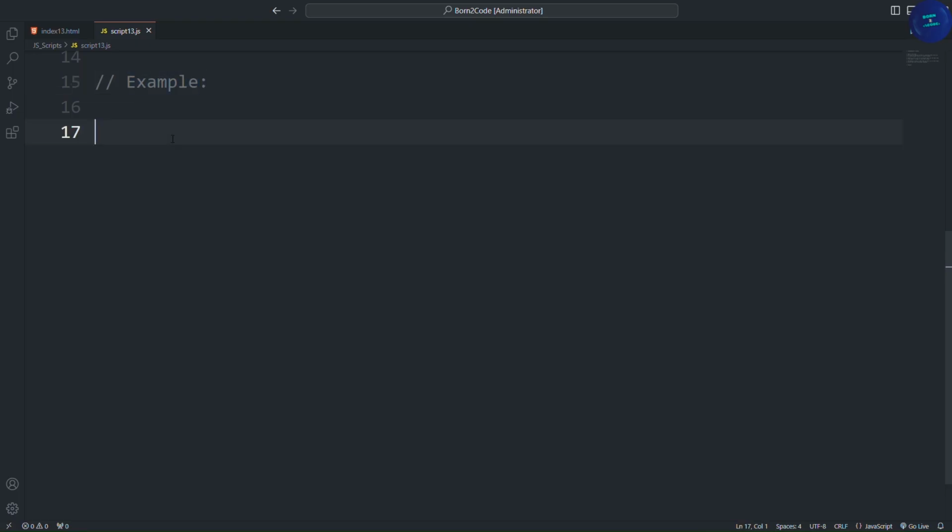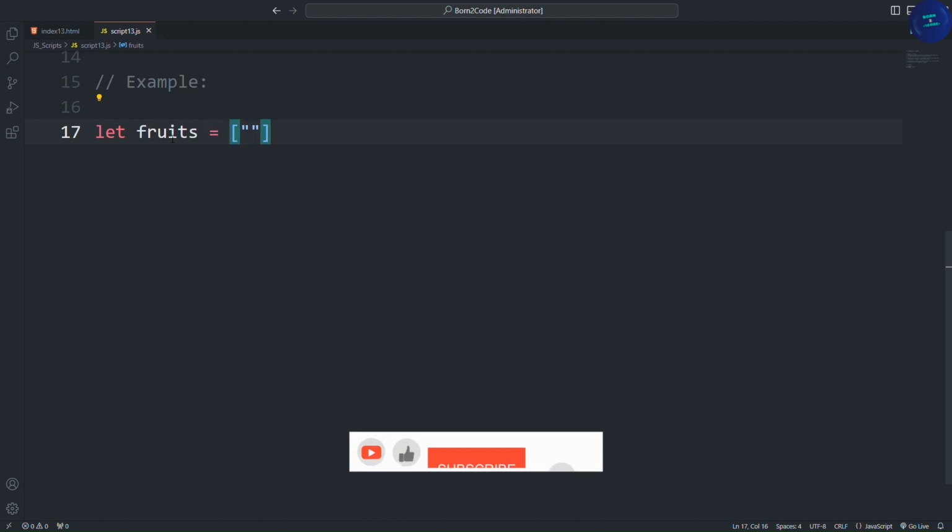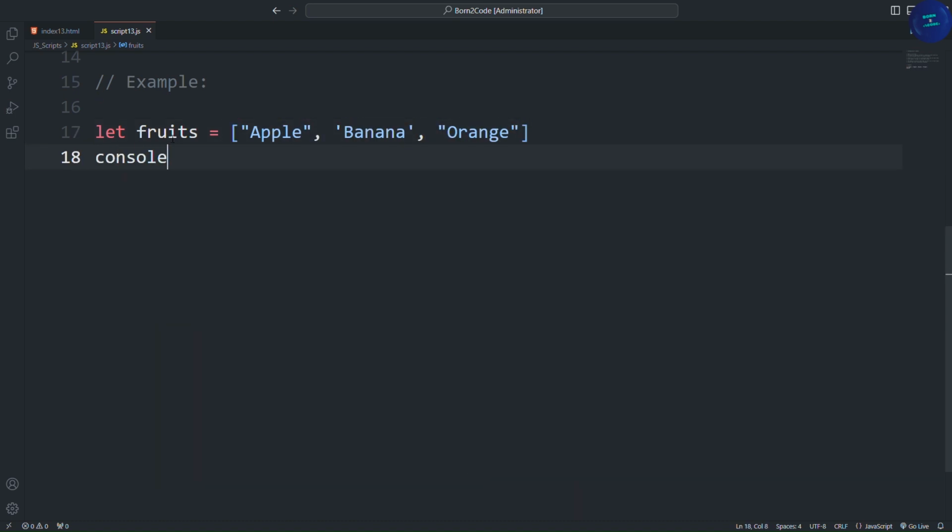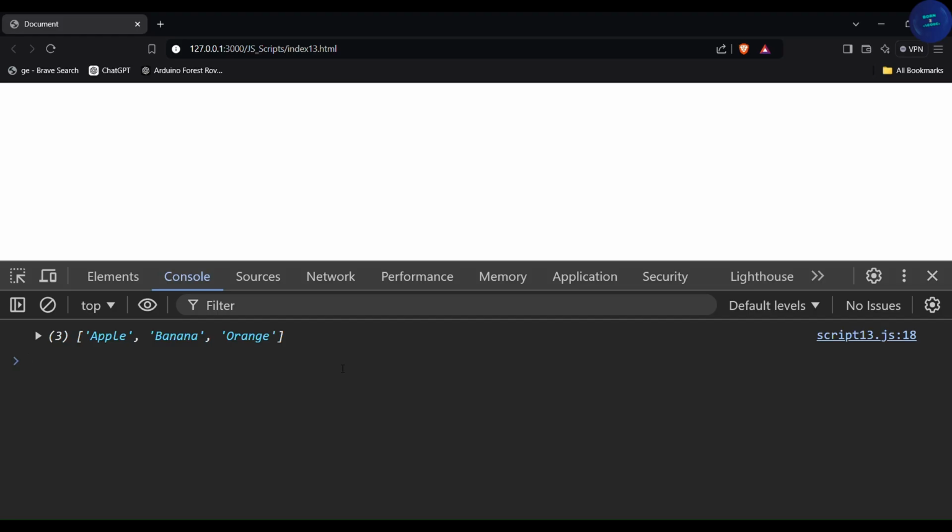Here's an example. let fruits = [ ]. Inside the square brackets, we can pass any value to this. "Apple", "banana", "orange". Now let's display them. console.log(fruits). As you can see in the console, it returns the list of items we passed to the fruits